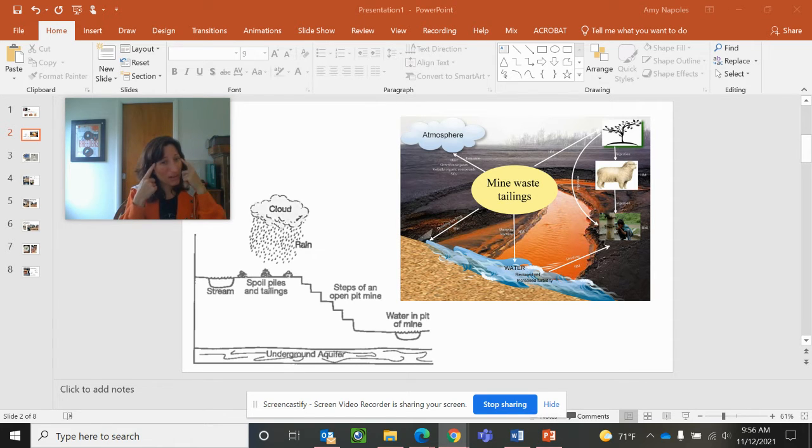Metals can be neurotoxins. They can really damage the brain, the nervous system, the reproductive system, endocrine system. They can kind of wreak havoc. And so if the metals are absorbed into the bodies of those little bottom feeders, when those bottom feeders are eaten by other fish that are maybe in the top layers of the water, or by people fishing from that area, or animals that are catching fish out of a pond or a river, a crocodile, whatever, then those same metals can build up within the bodies of those consumers, and the whole food web in that